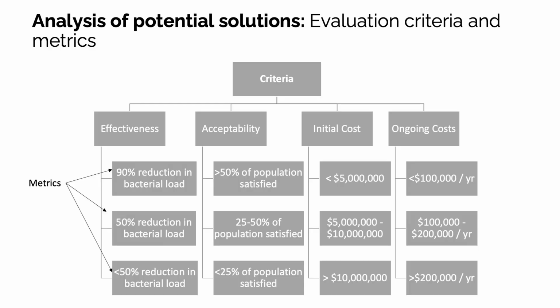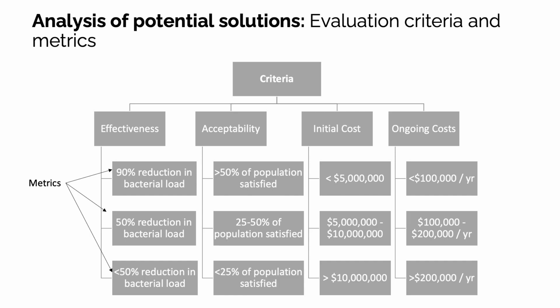Then we move on to the analysis of potential solutions. This is used all the time when you're working in the private sector as an engineer, where you're going to try to understand all those different designs, and then you're going to rate them based on different criteria. So I've used some very common criteria in this particular table, things like the effectiveness of the solution, the acceptability of the solution to, for example, your stakeholders, the public, yourself,